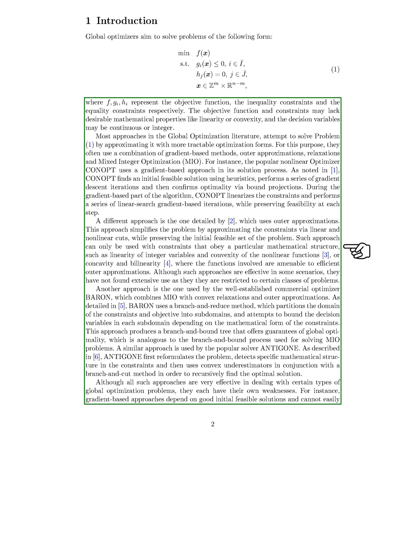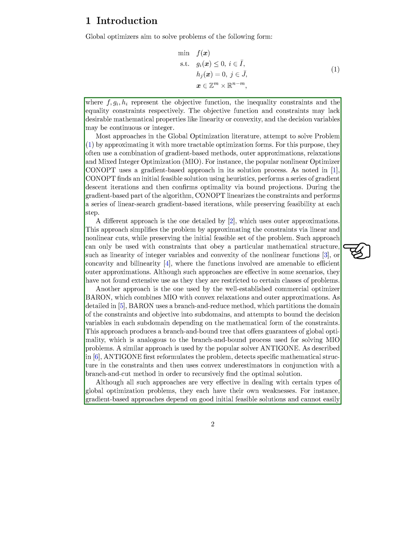Another approach uses outer approximations, which simplify the problem by approximating the constraints with linear and nonlinear cuts, while preserving the initial feasible set of the problem. However, this approach can only be used with constraints that follow a specific mathematical structure, such as linearity of integer variables and convexity of the nonlinear functions, or concavity and bilinearity. Despite their effectiveness in some scenarios, these approaches have not found widespread use as they are limited to certain types